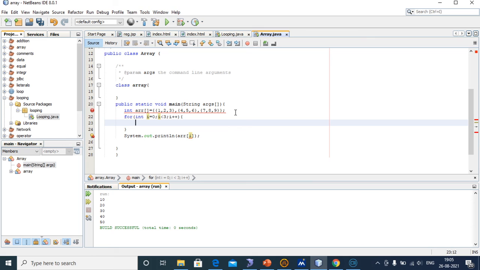In that we have another for loop: for int j equal to 0, j less than 3, j value incremented.